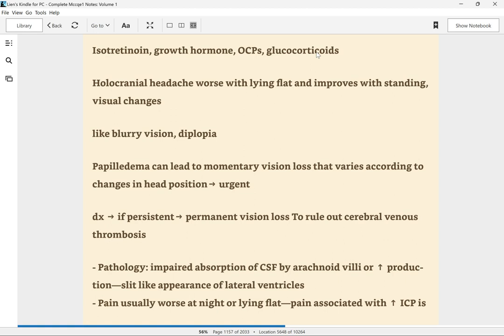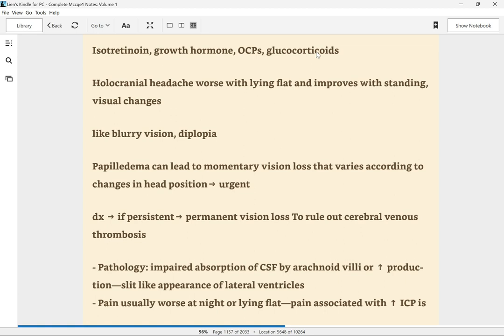Isotretinoin, growth hormone, OCPs, glucocorticoids. Holocranial headache worse with lying flat and improves with standing, visual changes like blurry vision, diplopia. Papilledema can lead to momentary vision loss that varies according to changes in head position. → Urgent DX → if persistent → permanent vision loss. Rule out cerebral venous thrombosis, pathology,